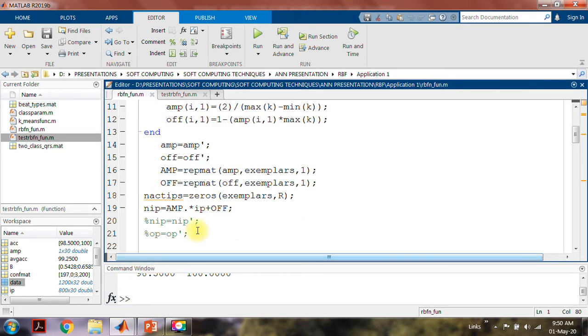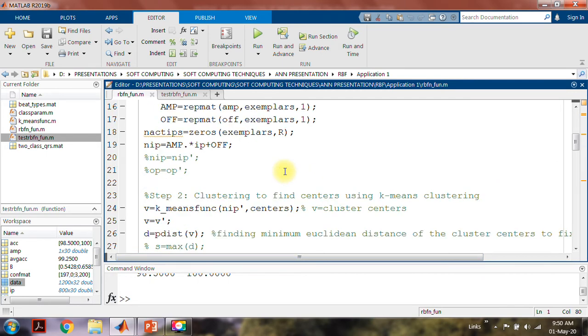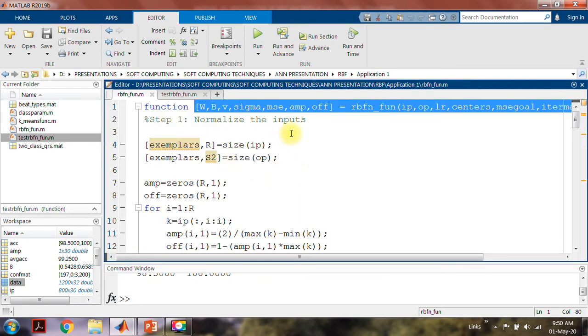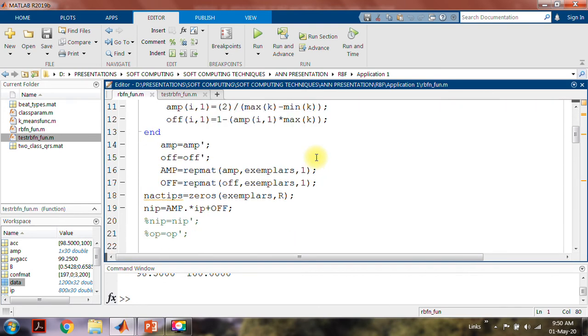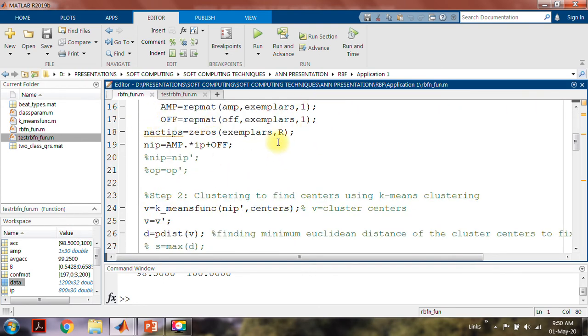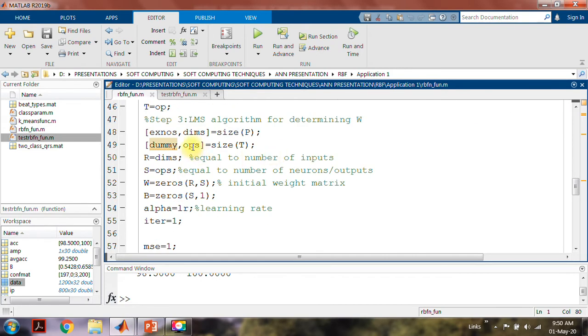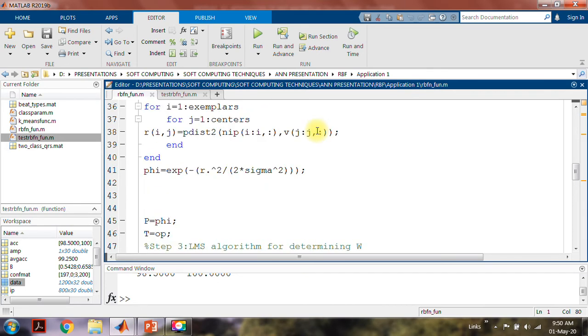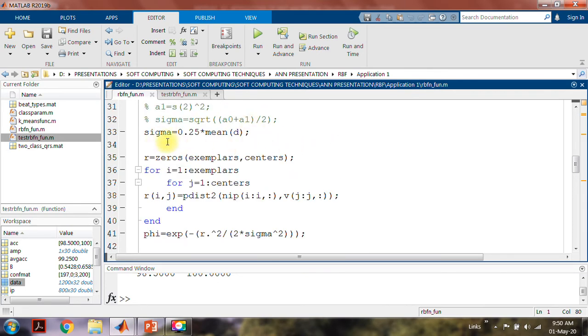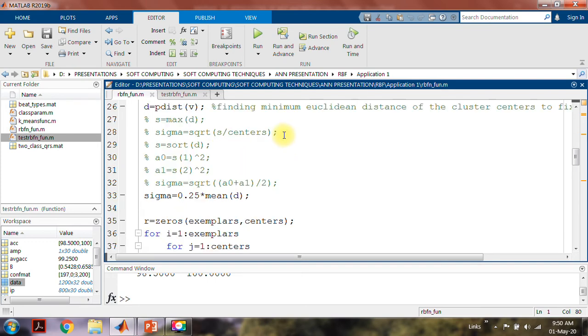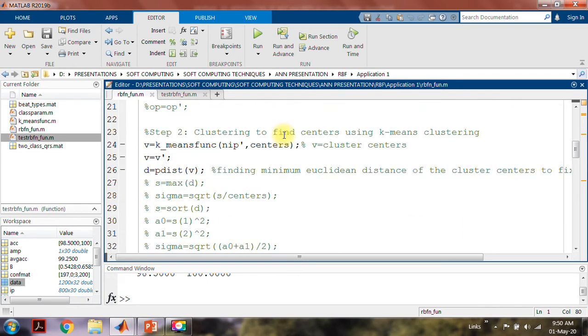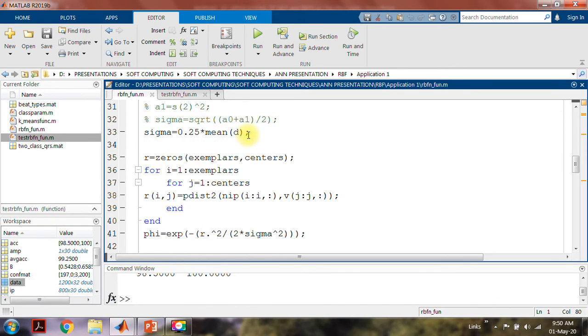Let us quickly run through the code. So these are the exemplars, then normalization, clustering, using the LMS algorithm for determining W. So first of all we have the sigma, which is computed automatically using k-means function, which we have already discussed in the previous lectures.